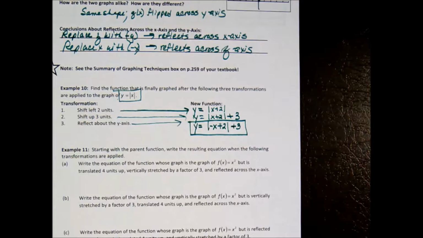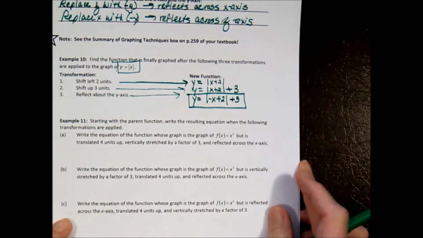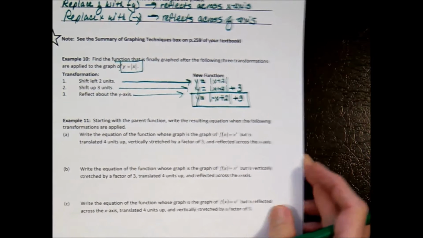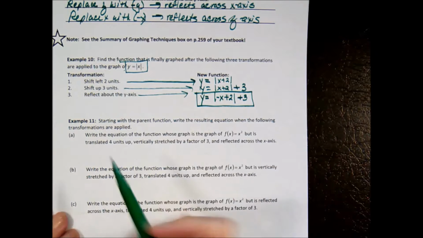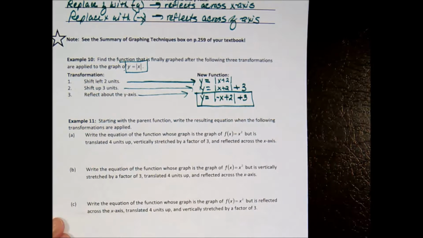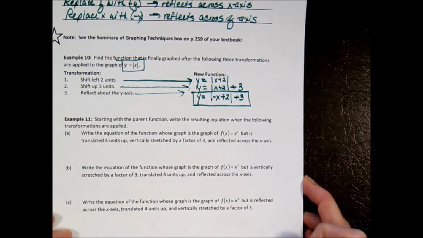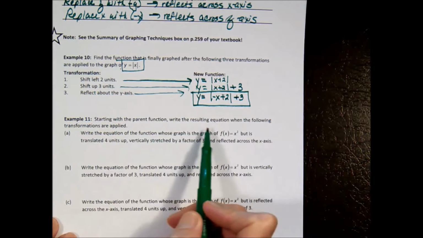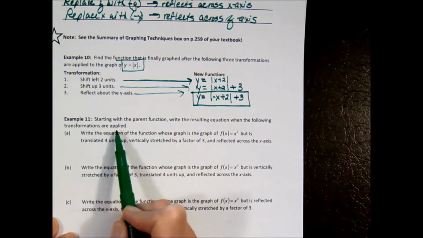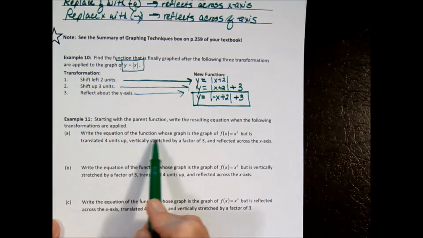Now, this next one is to show you that it matters what order you do things in. So please follow along very, very carefully with this. We're going to do the same 3 things in each example A, B, and C, but we're going to do them in a different order. And you're going to see that you get something different depending on the order that you apply those transformations. So it says, starting with the parent function, write the resulting equation when the following transformations are applied in the order given. So A, write the equation of the function whose graph is the graph of f of x equals